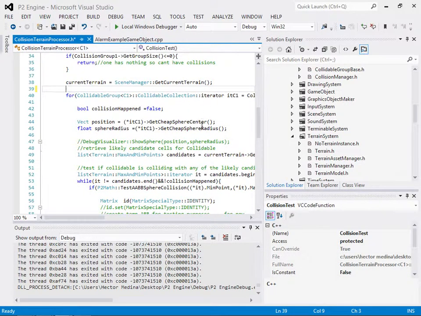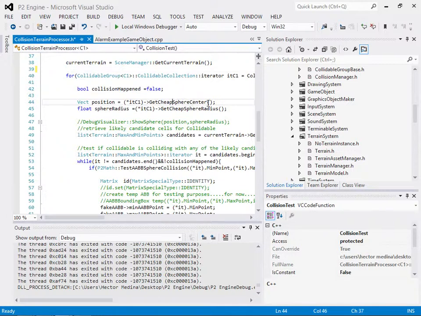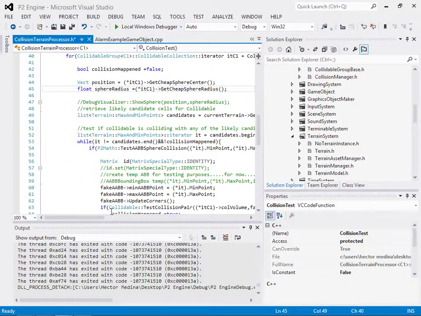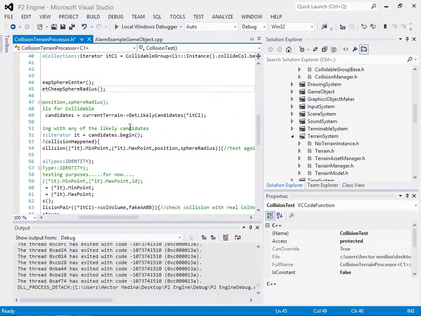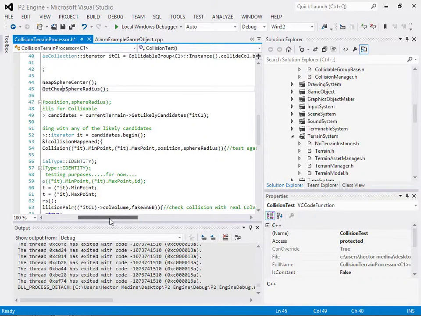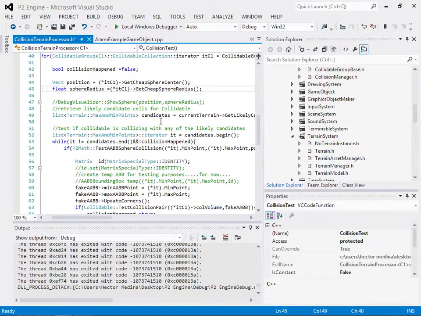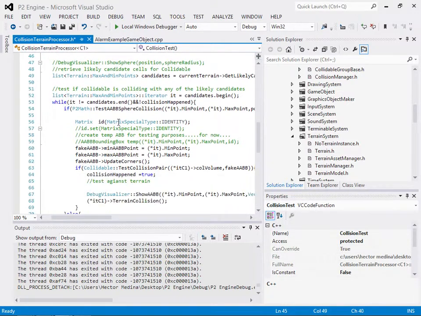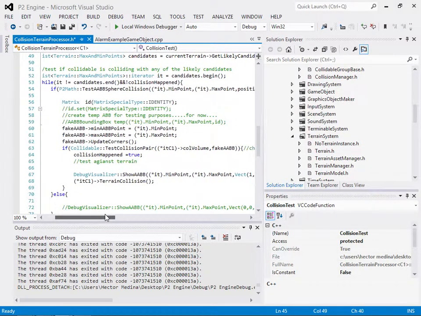So it goes to the list, gets the cheap sphere center, gets the radius, and based on the collidable passed in, it'll get back the list of candidates that I talked about earlier. Then it'll cycle through the candidates, and if it hasn't already found a collision, it'll test the sphere, and after the sphere, it'll test the real